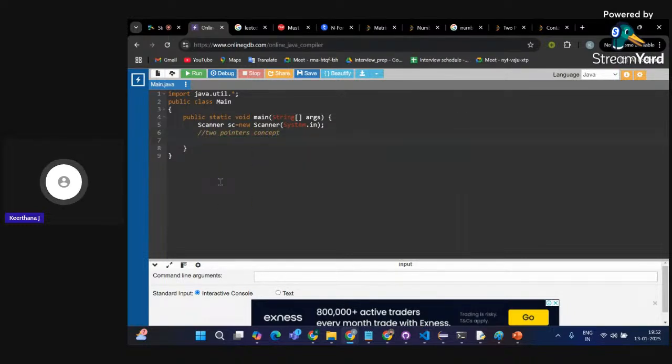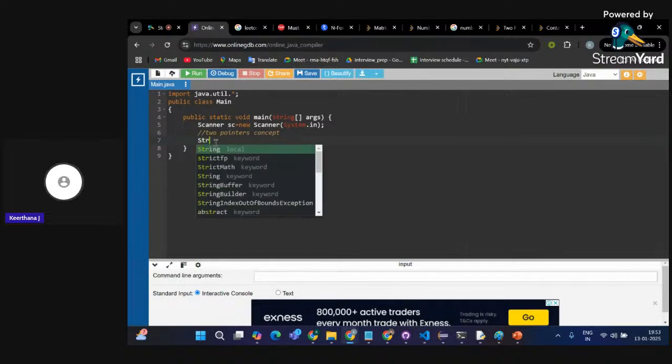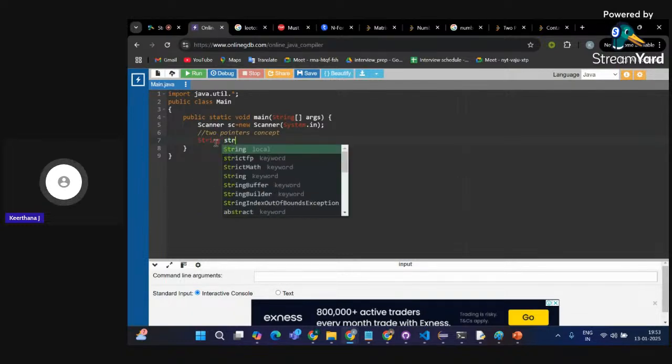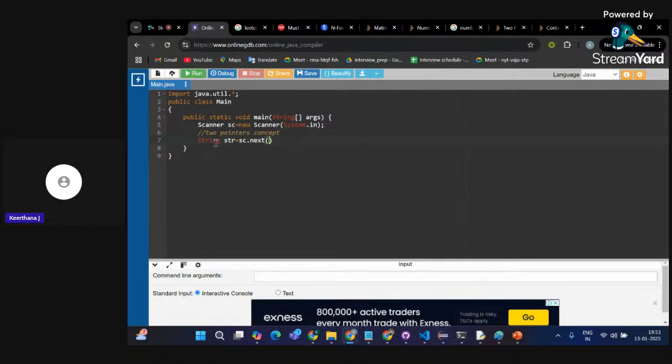Okay, so I'll be getting a user input, so string str is equal to sc dot next, or next line as well.